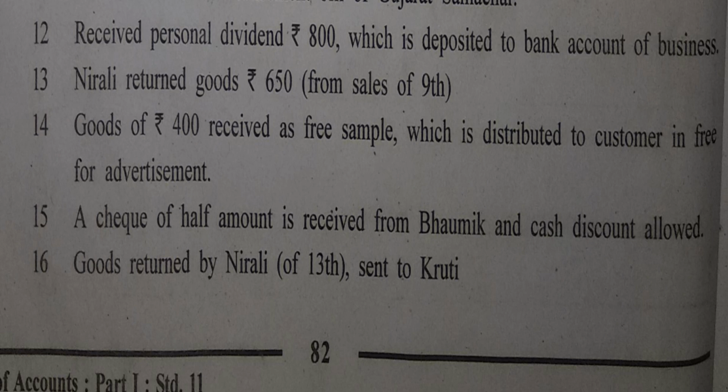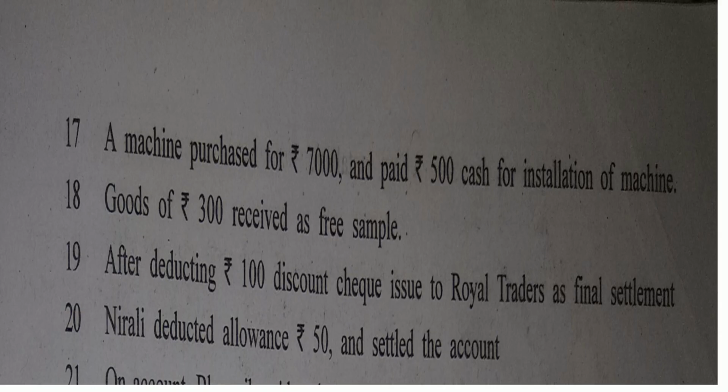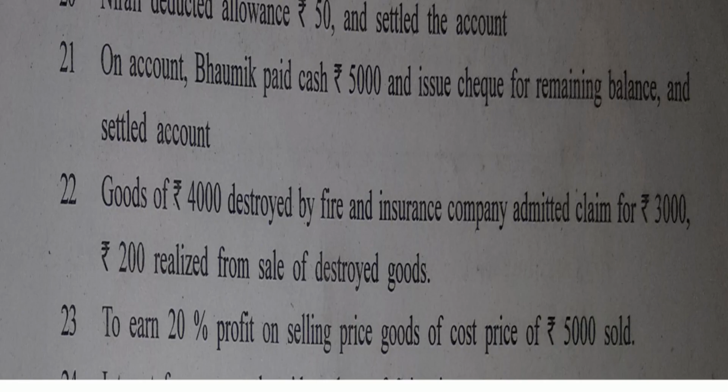On 15th of August, the journal entry for that is here. So 11,700 he has paid and the remaining 11,700 he has not paid. And that amount he is giving us on 21st of August. What was the condition? That discount will be given only if he pays within 10 days. So this payment is after 10 days.